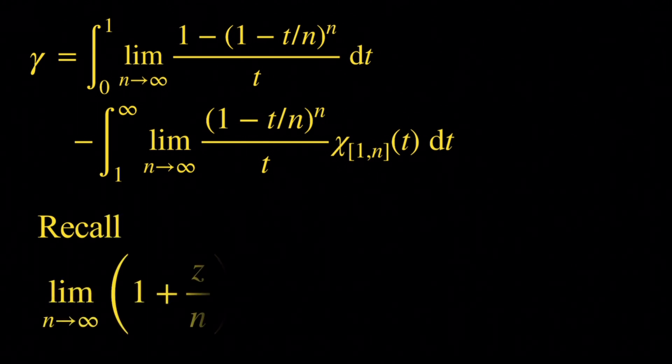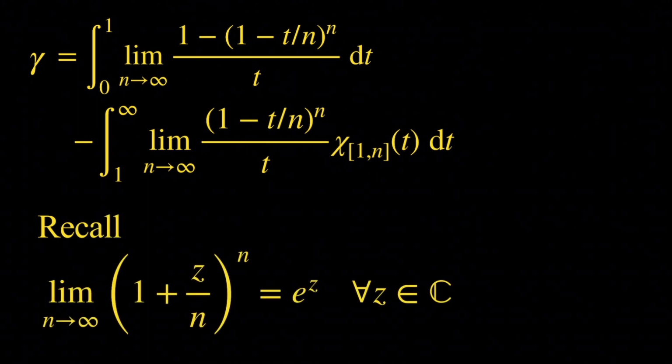Okay, now we're going to use the fact that the limit of (1 plus z/n)^n as n tends to infinity is equal to the exponential of z. This is true for all complex numbers z. In particular, it's going to be true on the set of real numbers. So we're going to just replace our z by negative t. So if we do that,